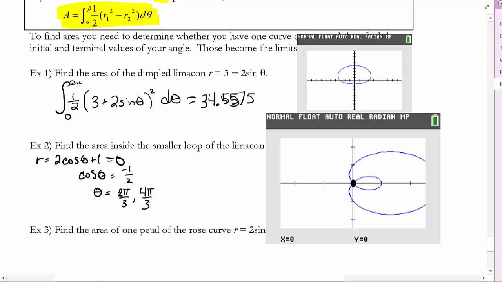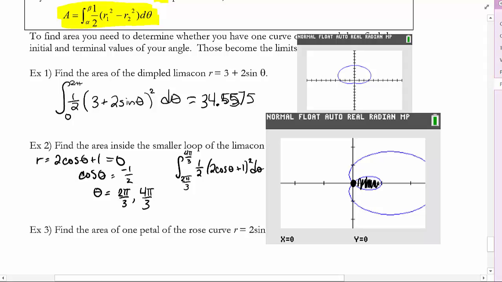So at 2 pi over 3 is the first time it hits, and at 4 pi over 3 is the second time it hits. And then if I integrate in that window, that's going to give me the dimpled part of the limaçon. So I want the integral from 2 pi over 3 to 4 pi over 3 of 1/2 r